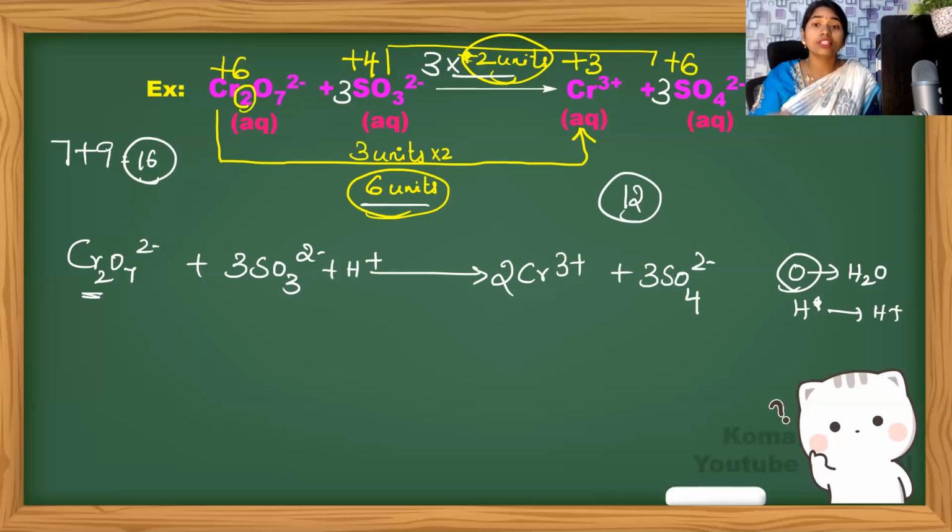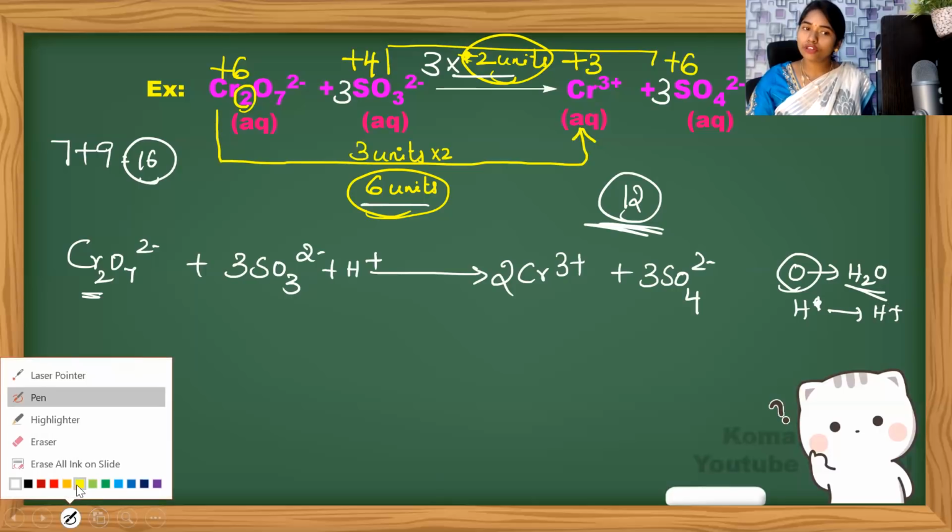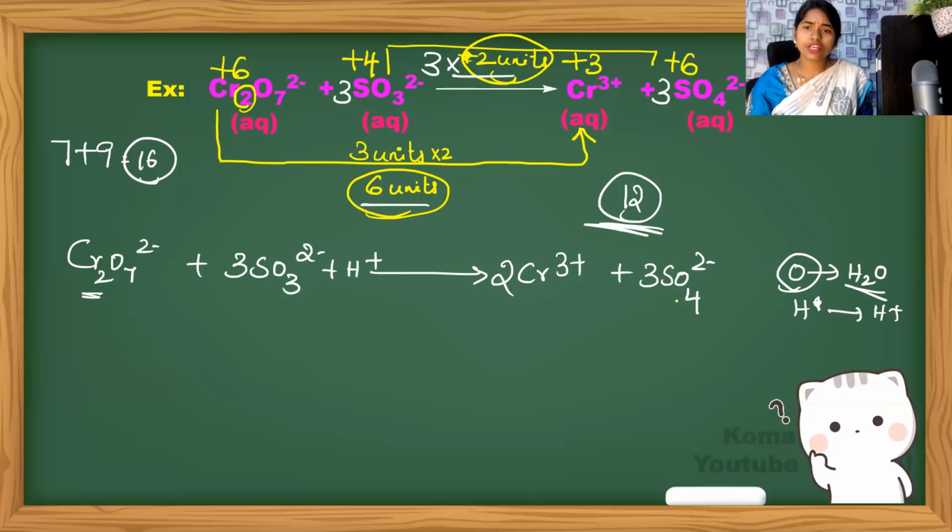So 4 oxygens are deficient towards my right hand side. So on that right hand side, you have to add 4 water molecules. 1 oxygen deficiency, 1 water molecule. 4 oxygen deficiency, 4 water molecules you have to add. So add 4 water molecules on this side. I'm going to add, you also add along with me. You can add in the next step, or you can add in the same step. Suppose I'm adding in the same step, I'm doing it for H2O.